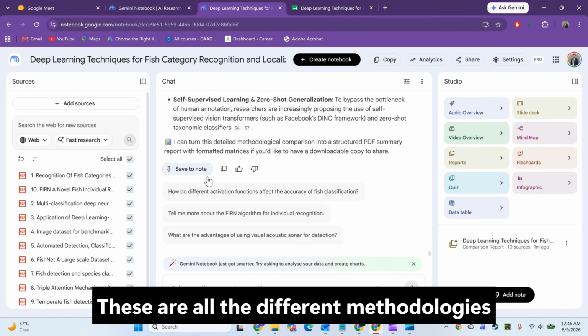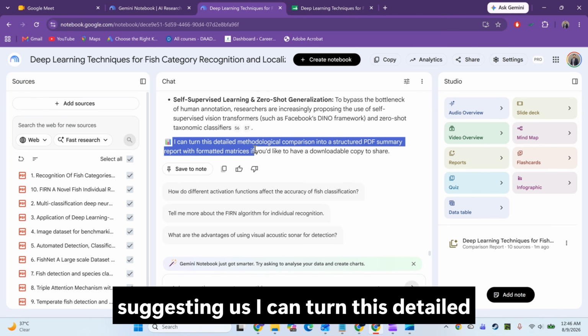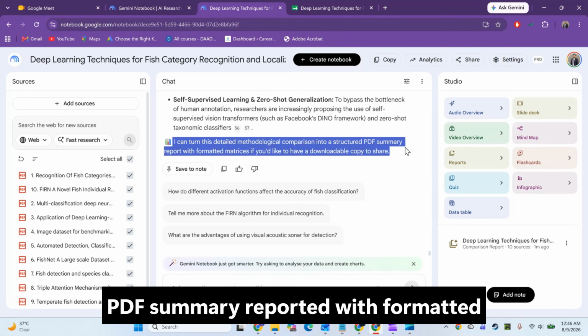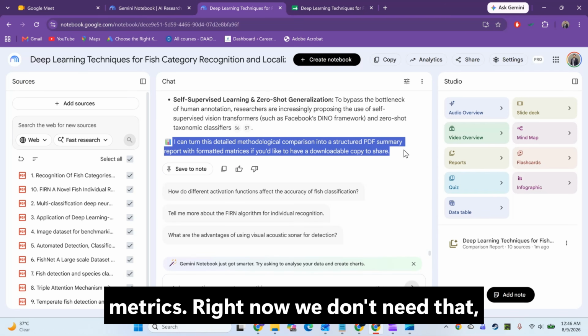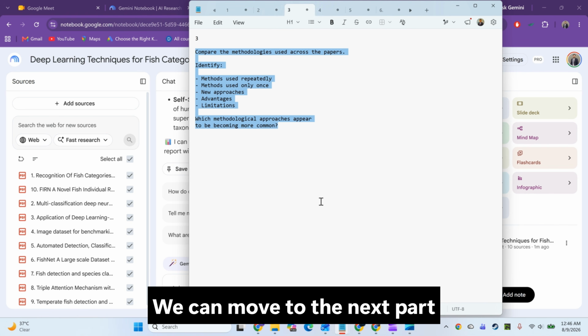These are all the different methodologies that they have used. Now it is suggesting I can turn this detailed methodological comparison into a structured PDF summary report with formatted metrics. Right now we don't need that. We can move to the next part, that is